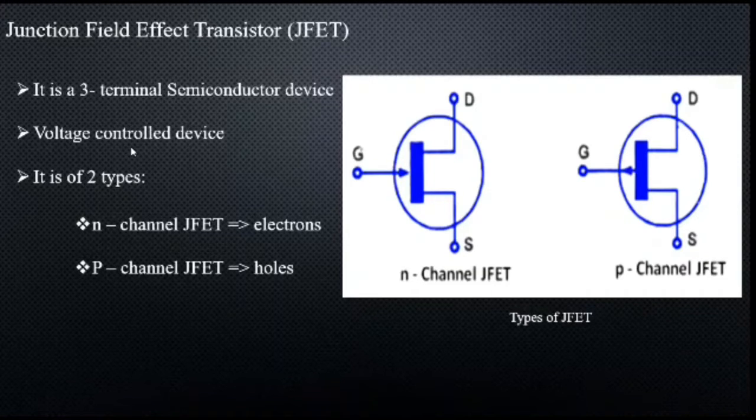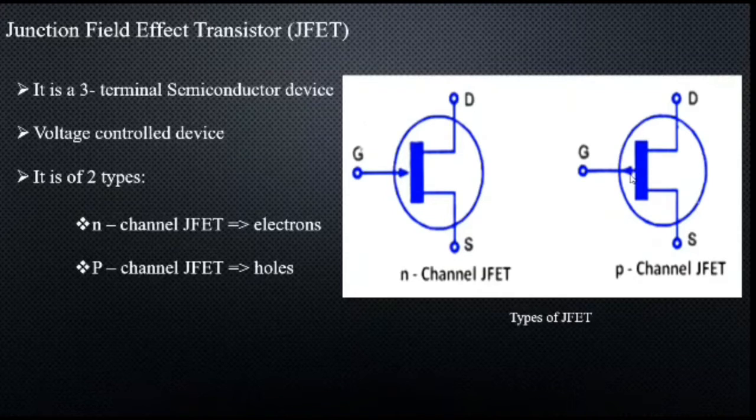These JFETs have two subtypes, N-channel JFET and P-channel JFET. The arrow denotes the type of the JFET. The arrow pointing to the gate denotes that the JFET is N-channel, and on the other hand, the arrow from the gate denotes that the JFET is P-channel. This arrow also indicates the polarity of the PN junction which is formed between the channel and gate.